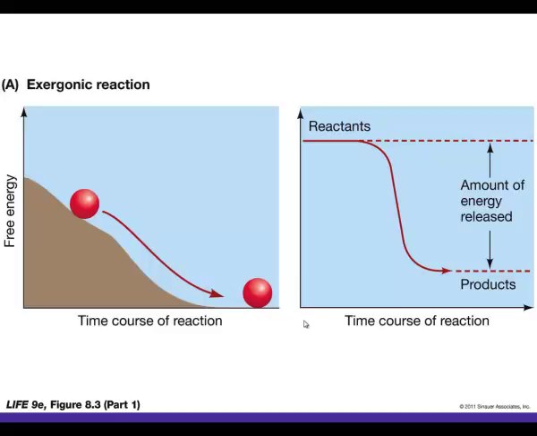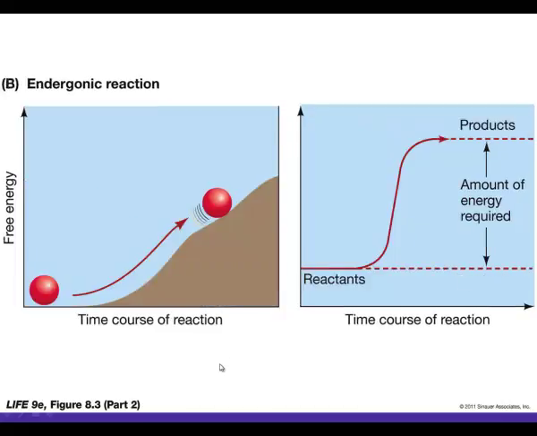So these graphs can help to understand what's happening with free energy in an exergonic reaction. During an exergonic reaction, free energy is released, and this means that you can sort of think about this reaction as one that would roll downhill. It's sort of following the natural tendency of the universe. Endergonic reactions, on the other hand, are situations in which the energy of the products is higher than the energy of the reactants. So what is required is an energy input of some sort. So this would be tending towards order instead of disorder.